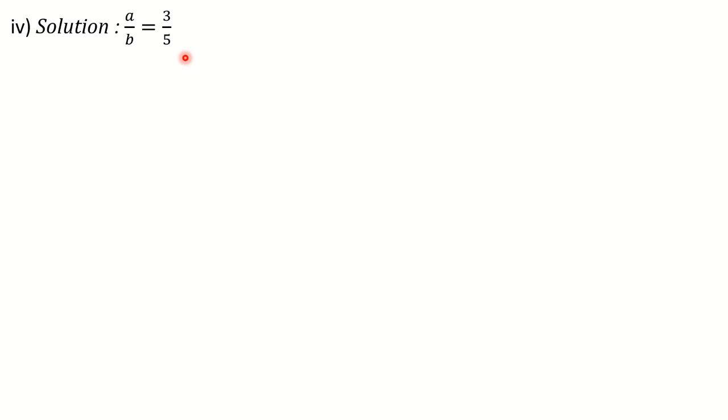You want to find (b cube minus 2a cube) divided by (b cube plus 2a cube). That means the numerator here is b cube and the denominator is 2a cube. So this is a little bit different. You will observe that here in the numerator you have a and in the denominator you have b. But in the question they have provided that the numerator should be b cube and the denominator should be a cube. That means we have to invert it.